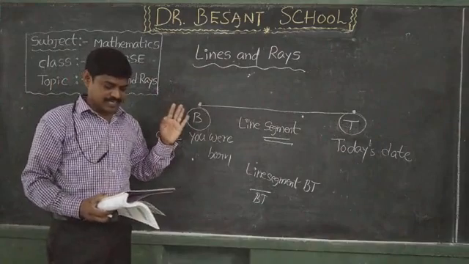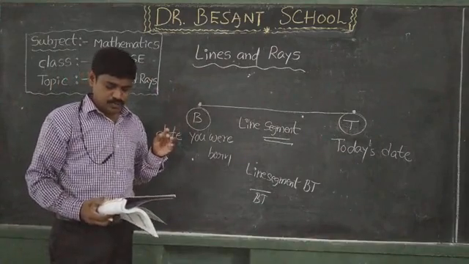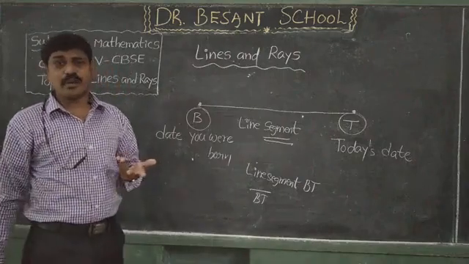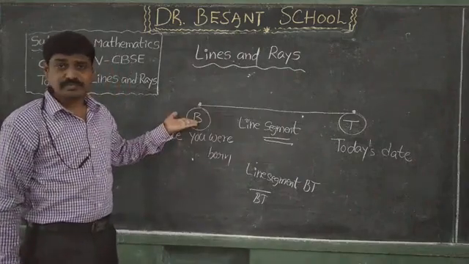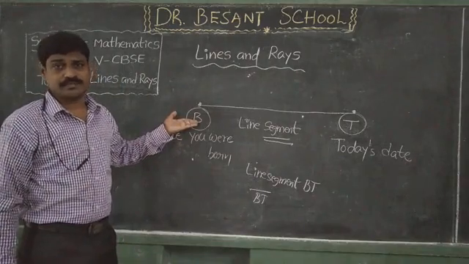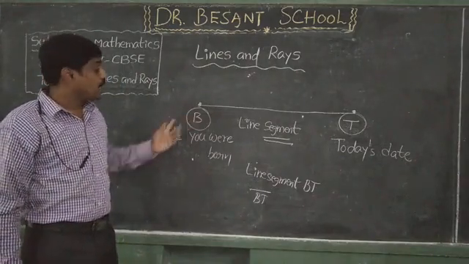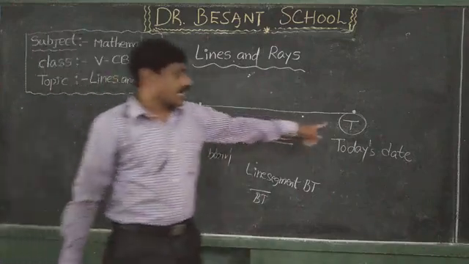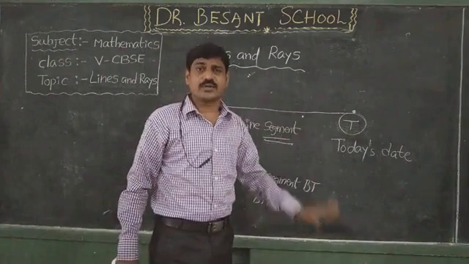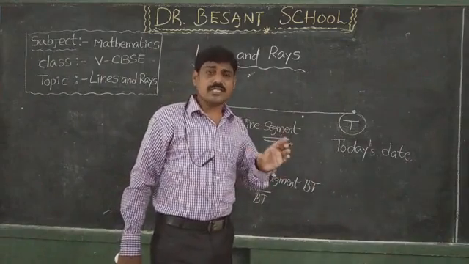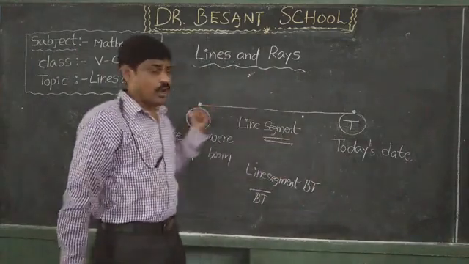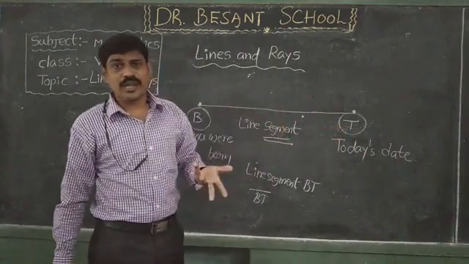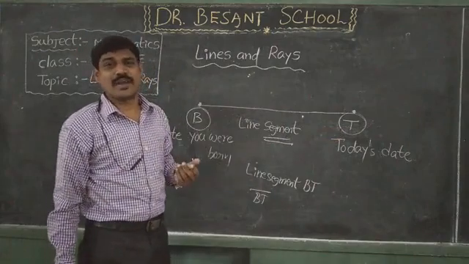Describe the line segment. Pick any two points you marked and write why they are important to you. This is your date of birth, the date you were born. The other is today's date, the present date. Take one as a point, take the other as another point, and join these two points. What can you get? You can get a line segment.